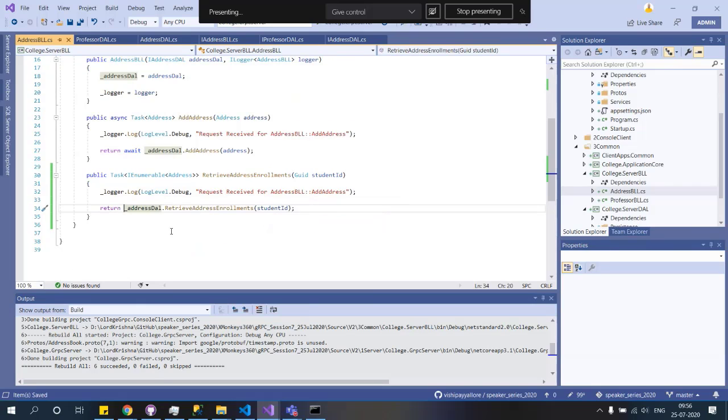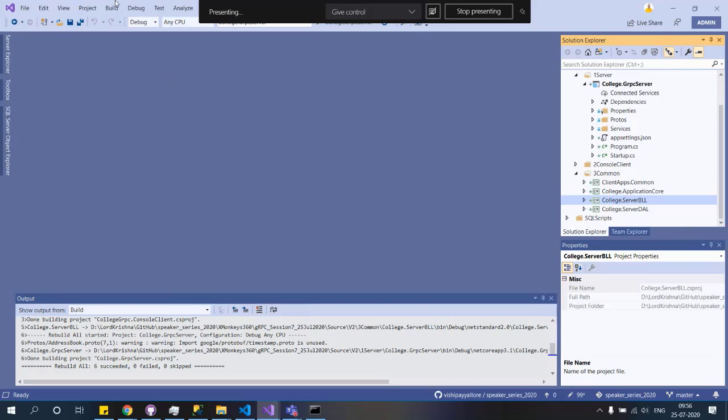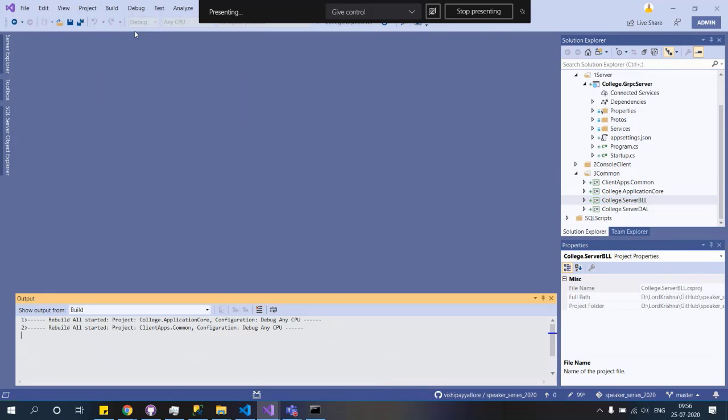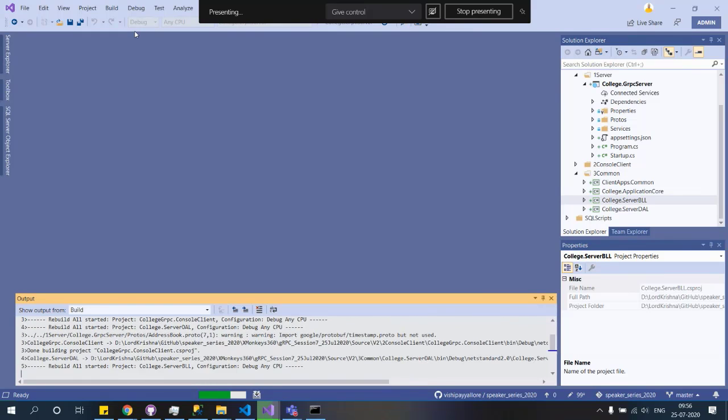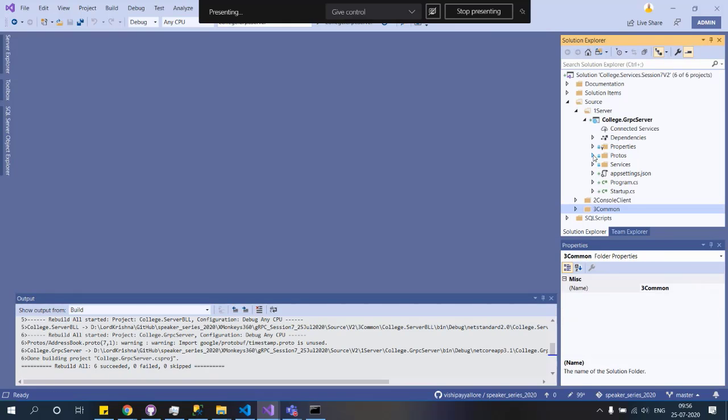Then we can come in here and mark this as async and do an await on this. So now from the business logic layer, we are going to the data access layer and we are retrieving. This portion is pretty good. So we have fixed our components. Let's quickly build the reusable components and see if it is throwing any exceptions somewhere. No exceptions are there, so the component side has been fixed.